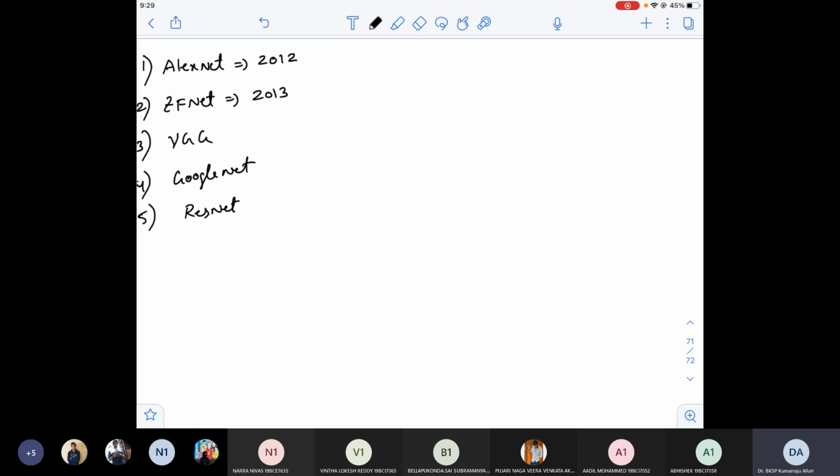Of course, we discussed LeNet, but I'm not including that here. Only these are the mostly used ones. So 5 standard architectures. Even in your projects, you're going to use these. VGG was introduced in 2014. GoogleNet was introduced in later 2014, and ResNet was introduced in 2015. And there are modifications to this, but only a few modifications.